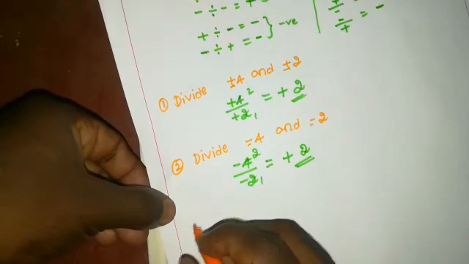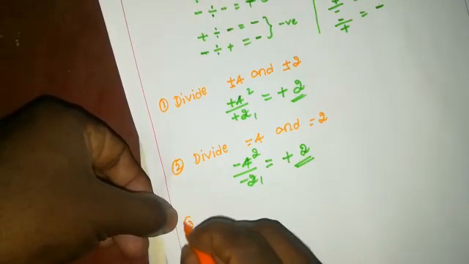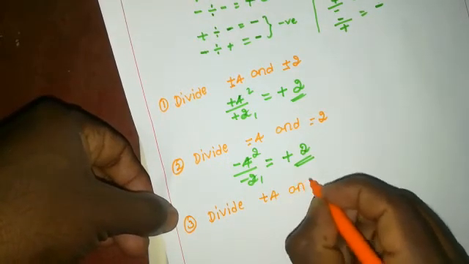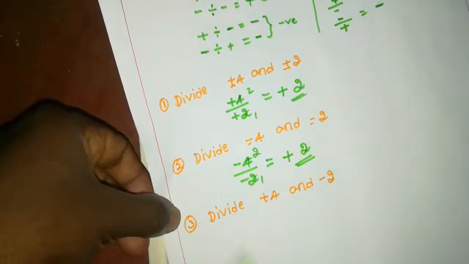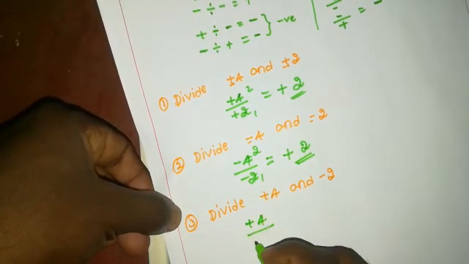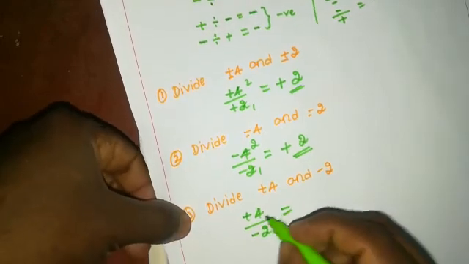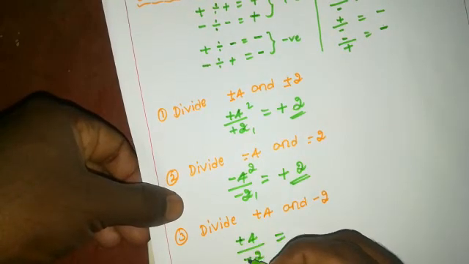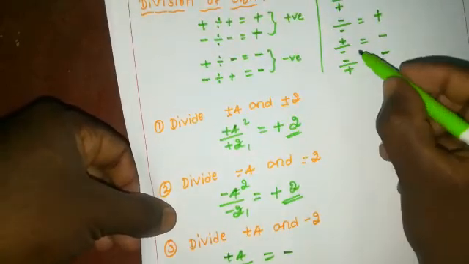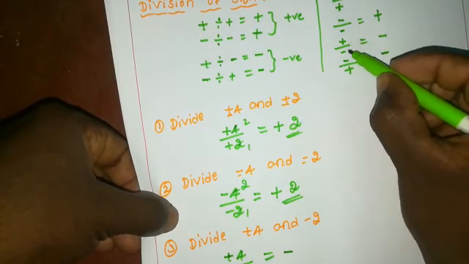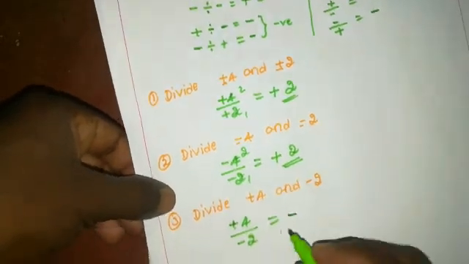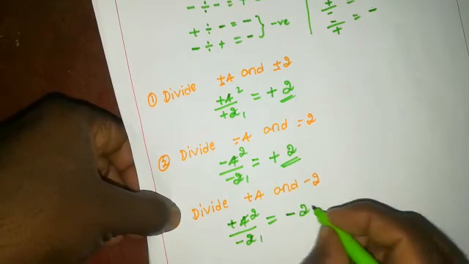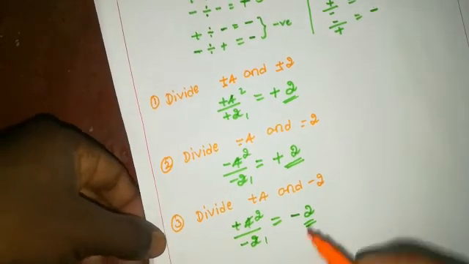Suppose the integers have opposite signs, then how do we divide? Let's see. Divide +4 and -2. Here it is plus 4 divided by -2. Then how do we divide? First, plus divided by minus, how much? How to divide the sign? Plus divided by minus, we always get minus. We already learned in the beginning that plus divided by minus is equal to minus. Here 2 ones are 2, 2 twos are 4, 2 divides 4 two times, so we get -2 as the answer. Thus we divide the integers.